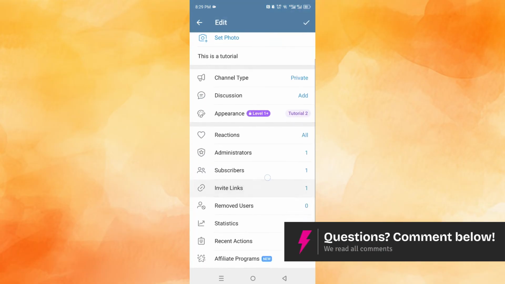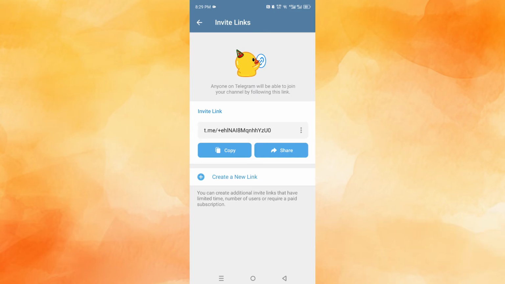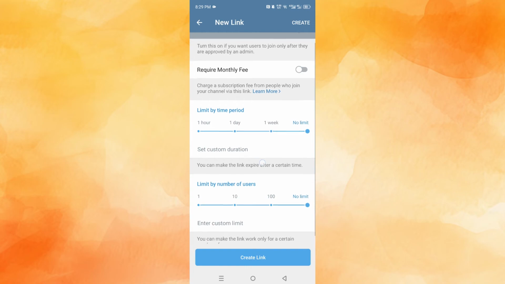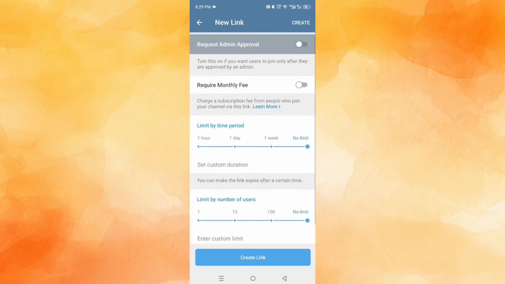Go ahead and click on that, guys. Click on invite links. Now what we'll do, we'll create a new invite link. Completely ignore this one. Create a new one. And as you can see right here where I create a new invite link, there is this option to require